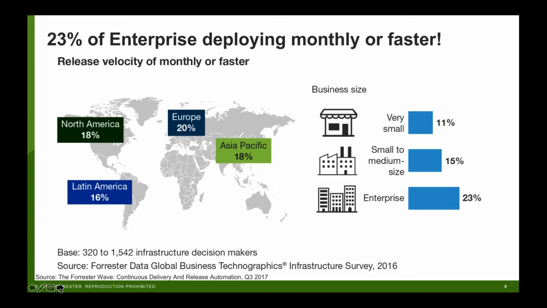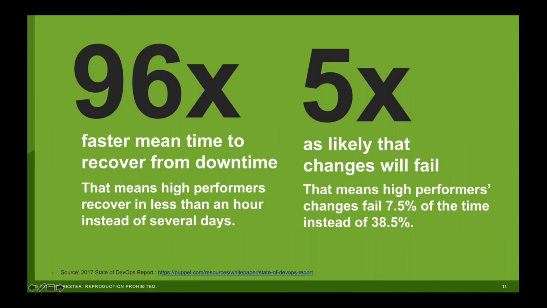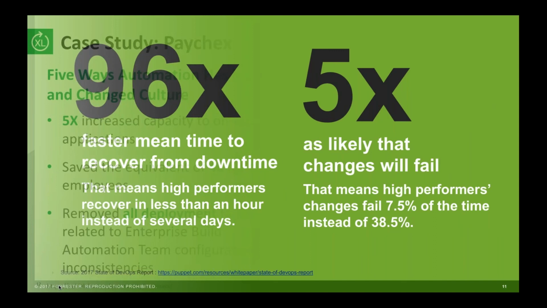And organizations, and this is the stat that I love, organizations that actually deploy faster, you would think that there's a related decrease in quality. Well, it's interesting that organizations that do more frequent code deployments, and that's really getting deployments down to daily or weekly or less, and faster time to commit deployments, they are also seeing better quantitative and qualitative measures as well. That means that when they do have a failure, they are recovering significantly faster, and that failure is also happening less often, and changes are failing about one fifth as often